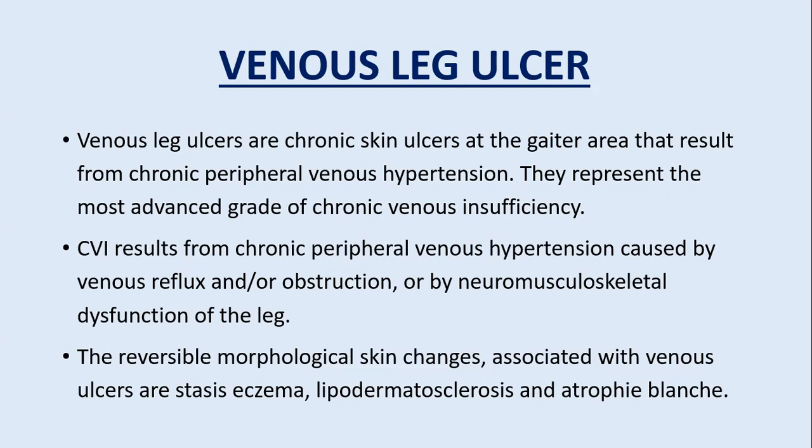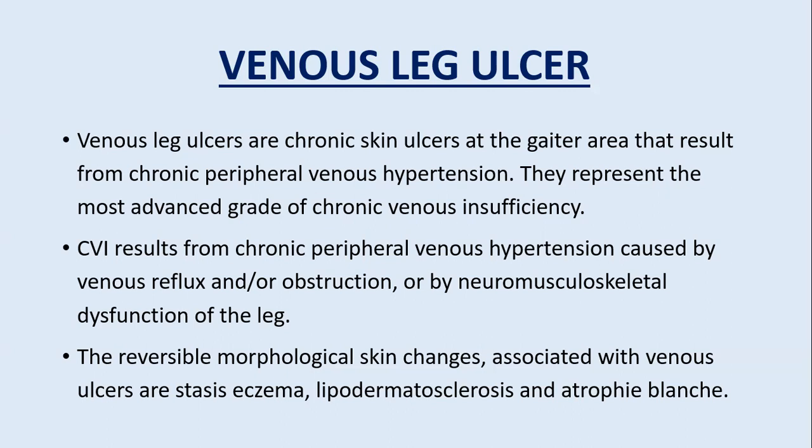So chronic peripheral venous hypertension is the main cause of chronic venous ulcers. They represent the most advanced grade of chronic venous insufficiency. So, passing through different stages of venous insufficiency, once the leg ulcers develop, this represents the most advanced grade